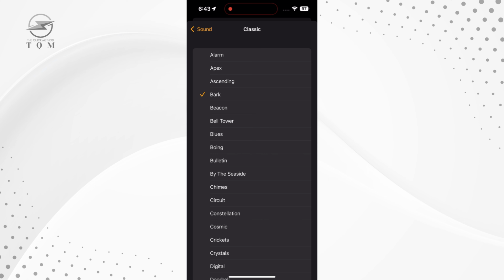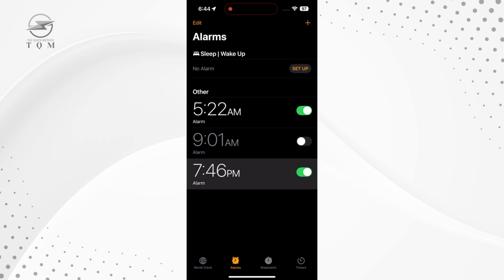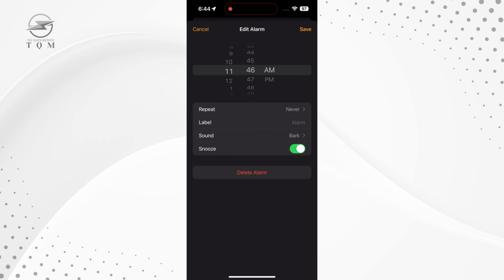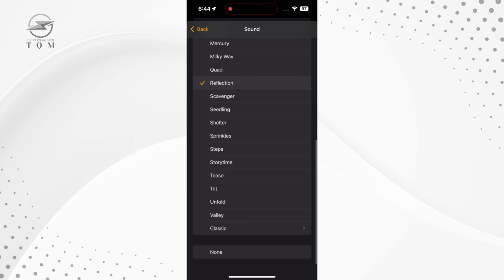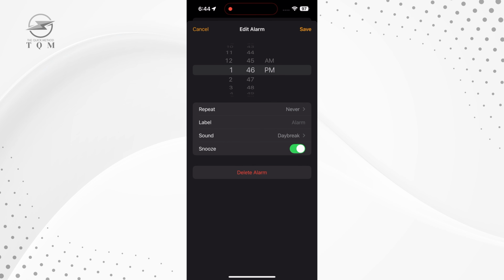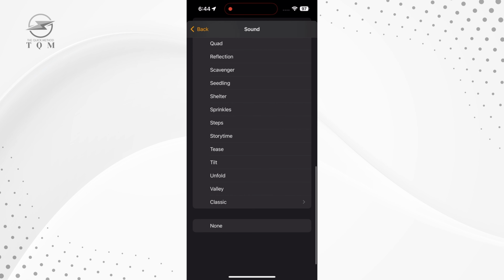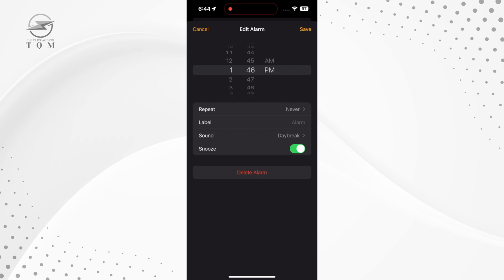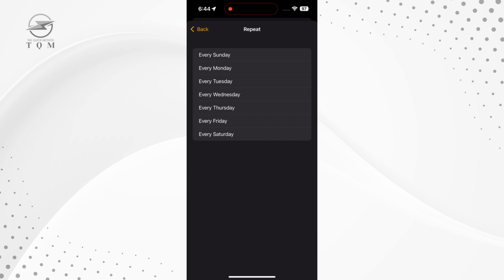However, here's the downside. If I go back to edit the other alarm, say the 1 a.m. one, it defaults back to the original sound. Unfortunately, there's no way to set a default alarm sound for all alarms at once. So, if you have multiple alarms, you'll need to change each one individually. Tap on the alarm, select a new sound, and hit Save. Additionally,